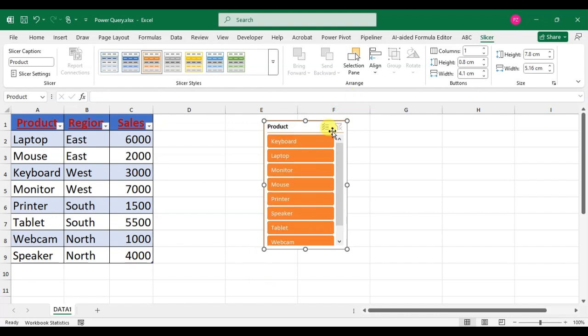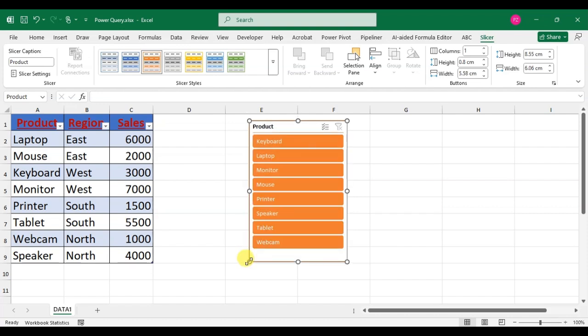If you want to increase the slicer size, you just drag the corner and you can set okay here. And the second way is just go to the slicer tab and in size group, you can increase the height. So you just click on the up arrow to increase the height and decrease the click on the down arrow. And same for the width, click on the up arrow to increase the width of slicer. See the changes over here and click on the down arrow to decrease the width of size.